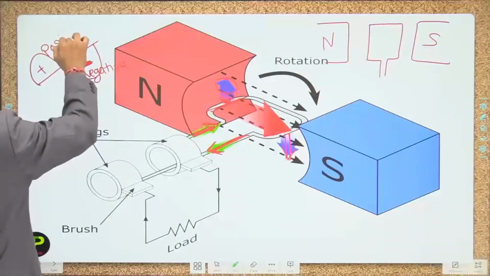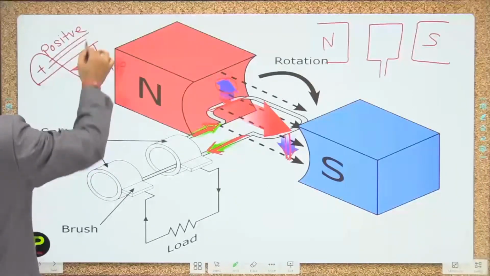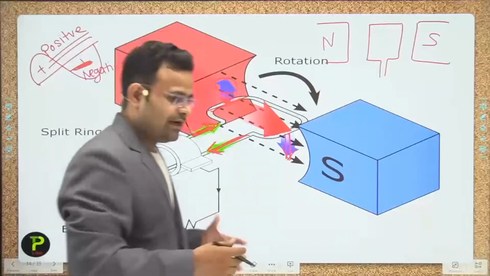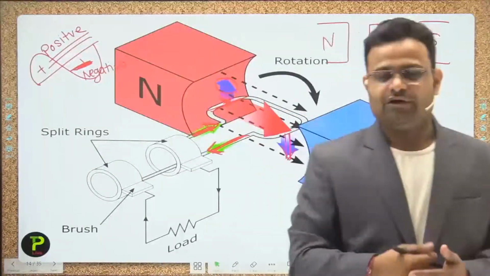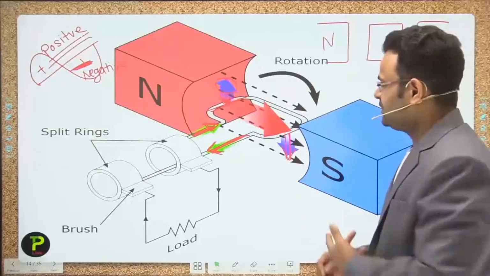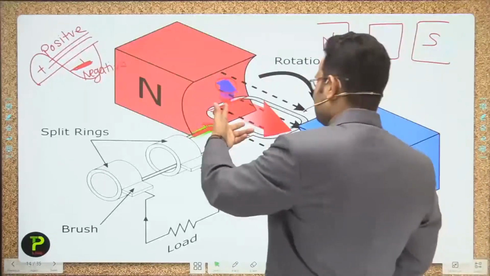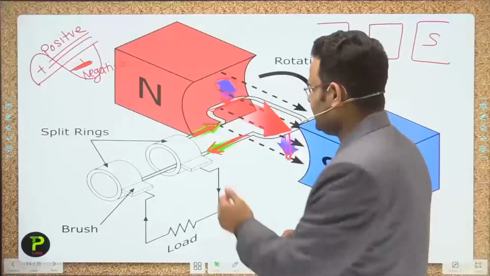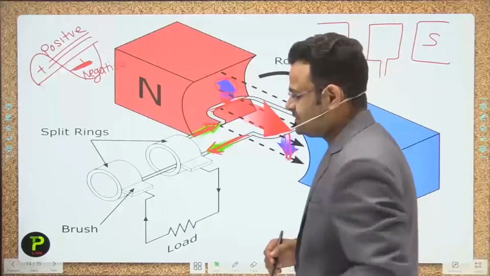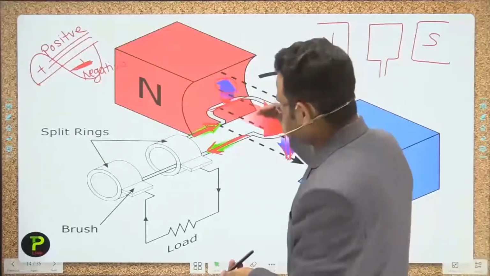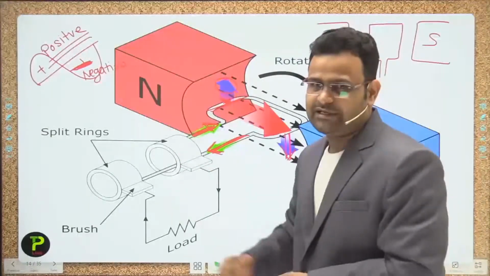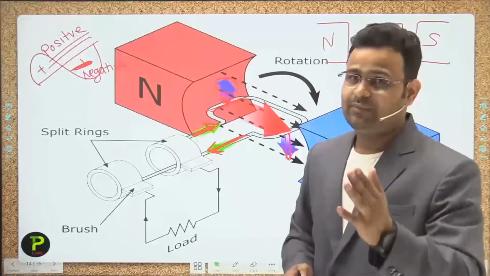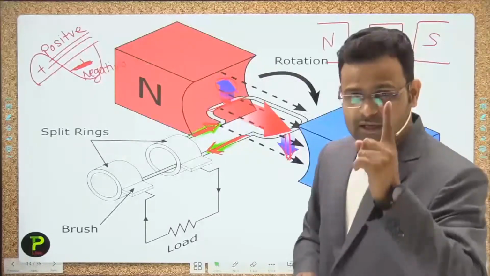Okay guys, that is the reason how you can get alternating current by rotating the armature. When the armature rotates continuously, by Fleming's left hand rule, one time the current is in the right hand direction and the next time in the left hand direction. The direction changes completely in a half cycle, guys.